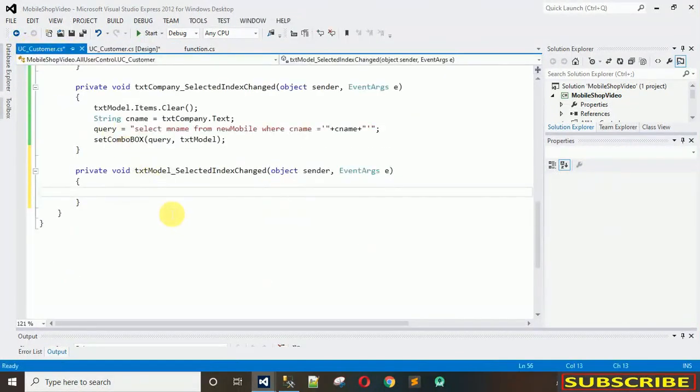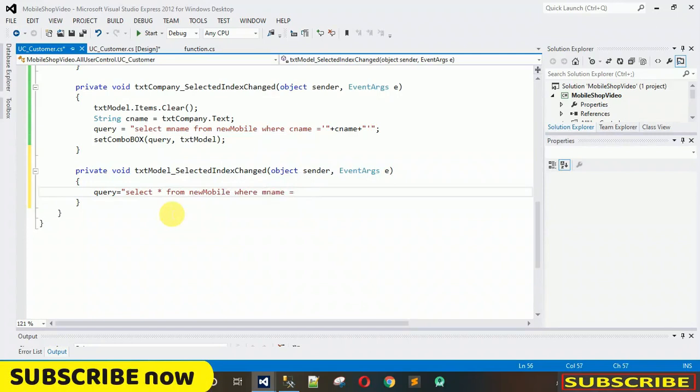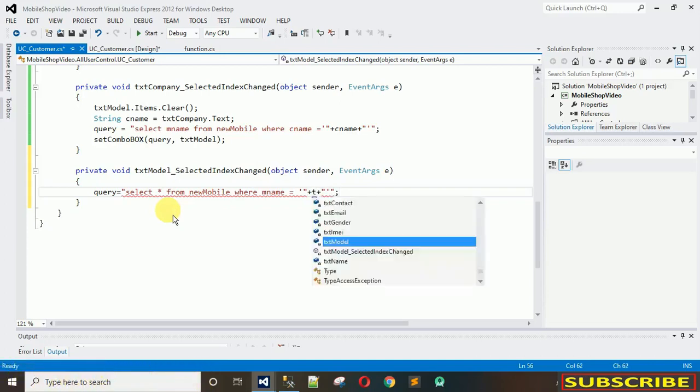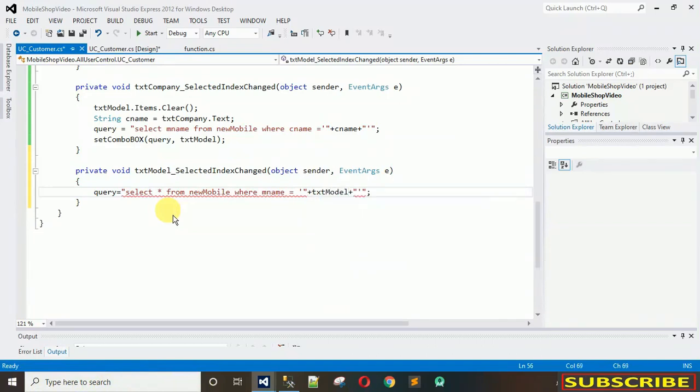I'm going to write a query over here, equals select star from new mobile where name equals that is model name. Model name is txt model dot text,